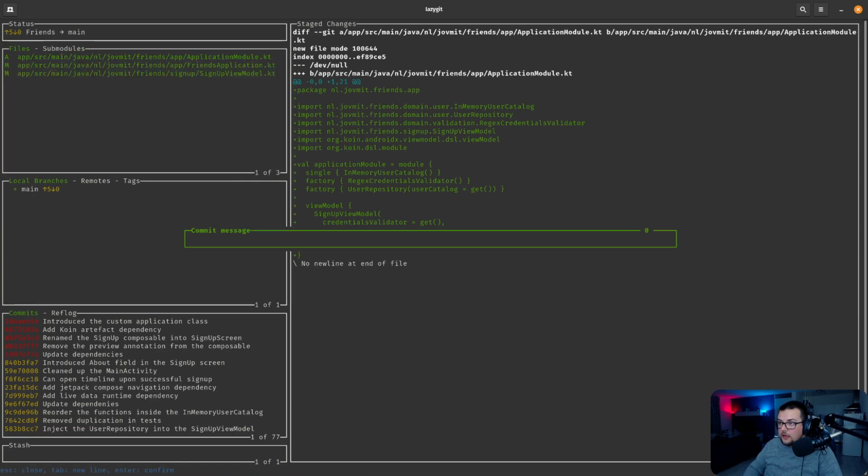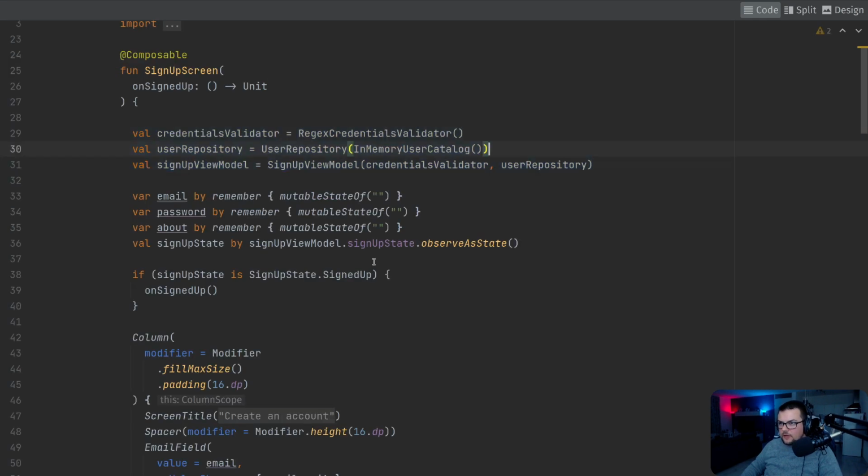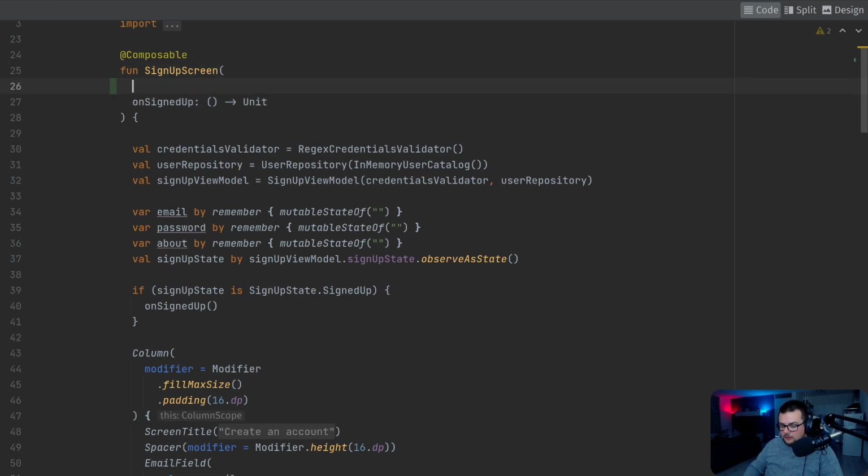I'll say defined the application Koin module. And I no longer need this one anymore. So what we can do here now is pass here the sign up view model. So let's maybe try to